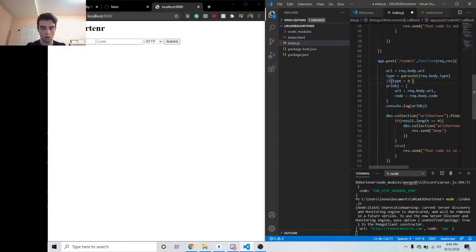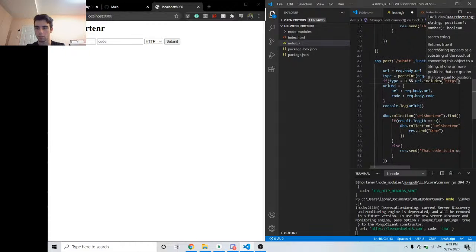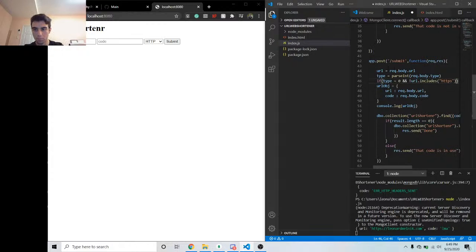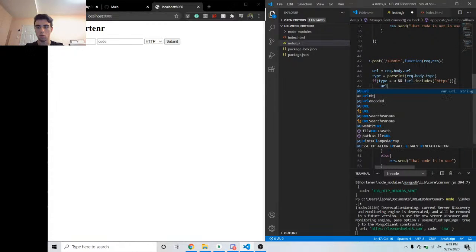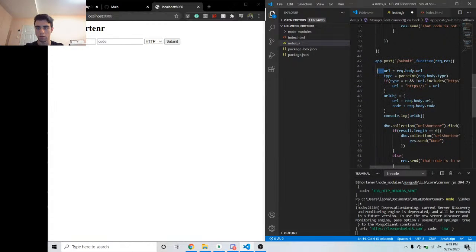and so if it already has HTTPS, it's not going to be a problem. But if it doesn't have HTTPS and they selected HTTPS, I have to add that. URL.includes HTTPS. But I want to do if it does not include HTTPS, then what I'm going to do is URL equals HTTPS plus URL. And actually, I have to make URL into a variable here. That way we can modify it afterwards. And right here, we're going to change it to just URL, since we're changing it up. Okay, so if type equals 0, and okay, else